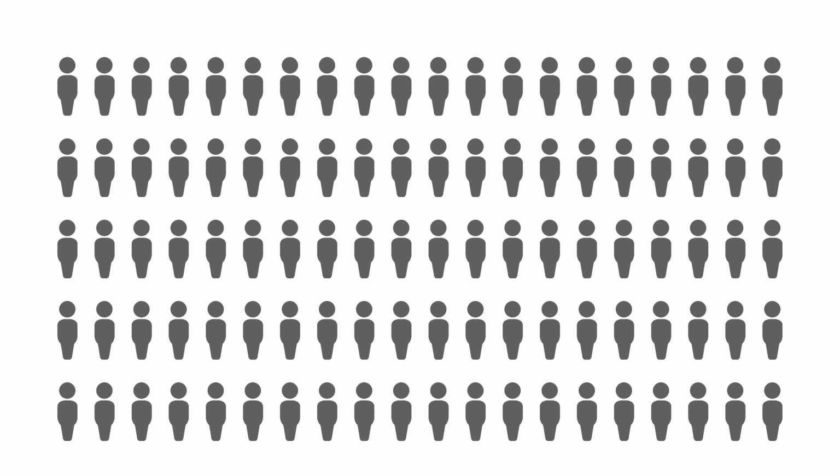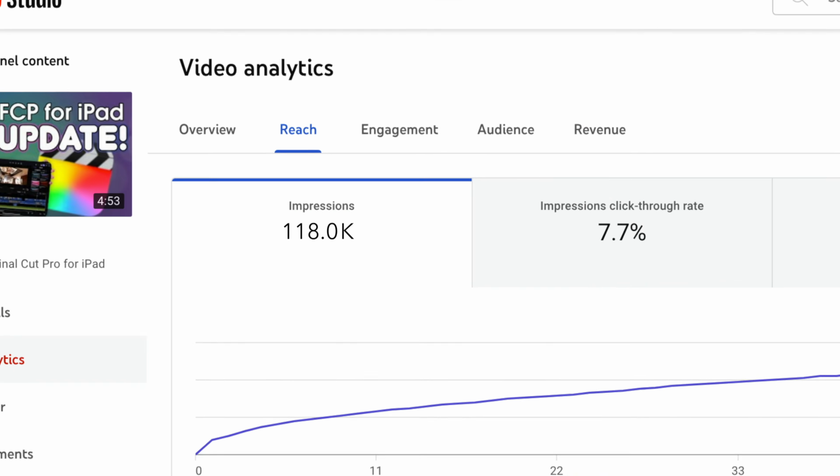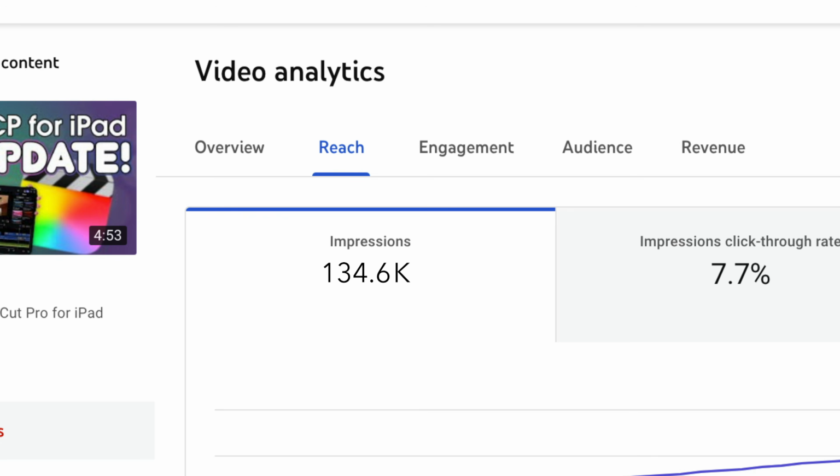So what does this mean for us as creators? It means that the thumbnail has become slightly less important when we're trying to pull eyeballs in on our videos. You're probably familiar with the term click-through rate. That is a measurement of how many people out of 100 choose to click on your video after that thumbnail has been surfaced to them, whether on the desktop app or a mobile app. The higher the percentage of people who click on your video once they've seen the thumbnail or the preview of the video, the more YouTube will surface that video to more and more audiences. That is this figure here called impressions. This is how you grow your audience.